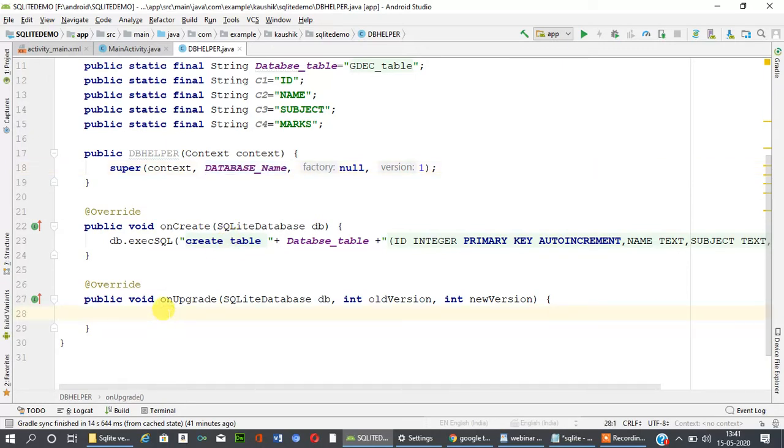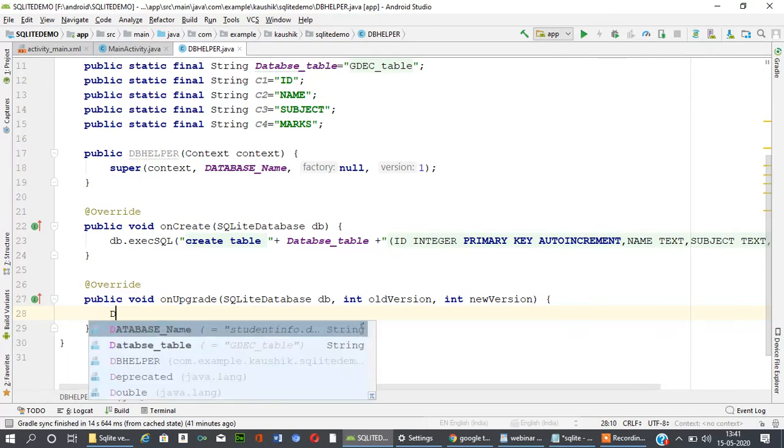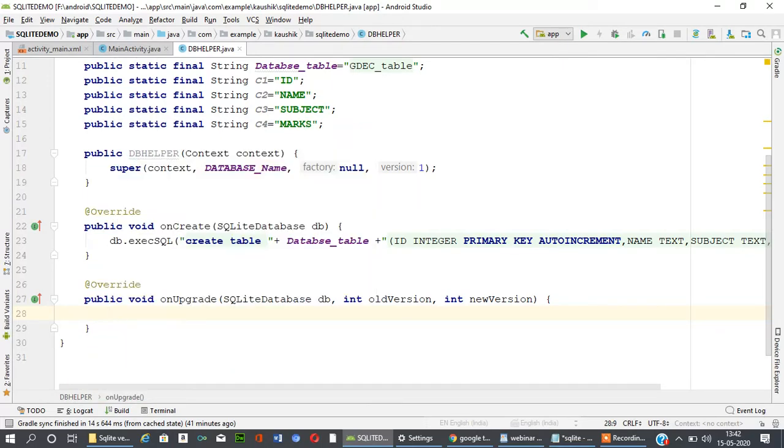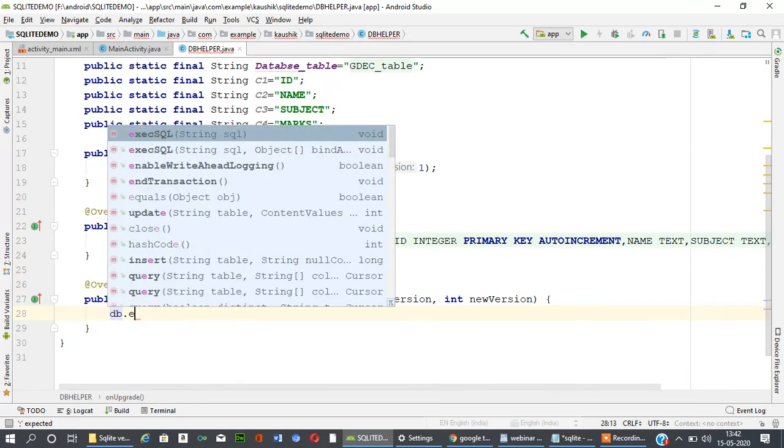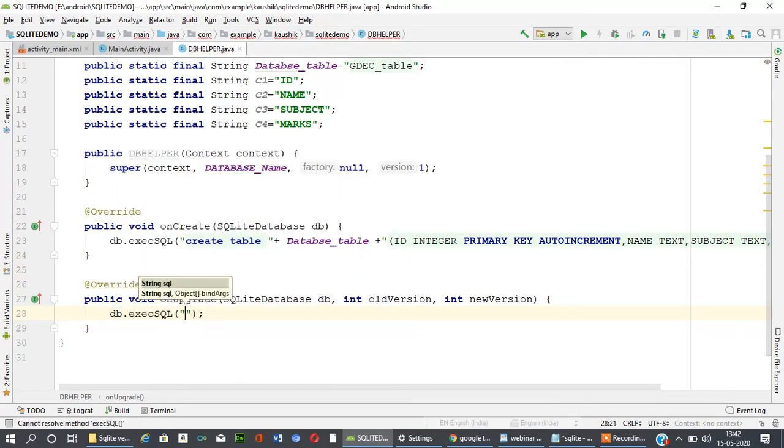Now in the onUpgrade method, again we use db dot execSQL, drop table if exists and then the table name.